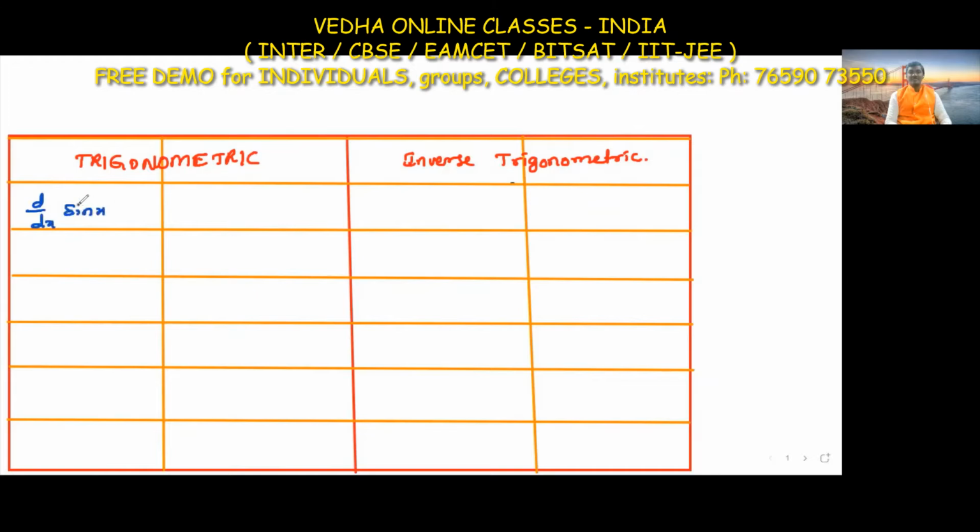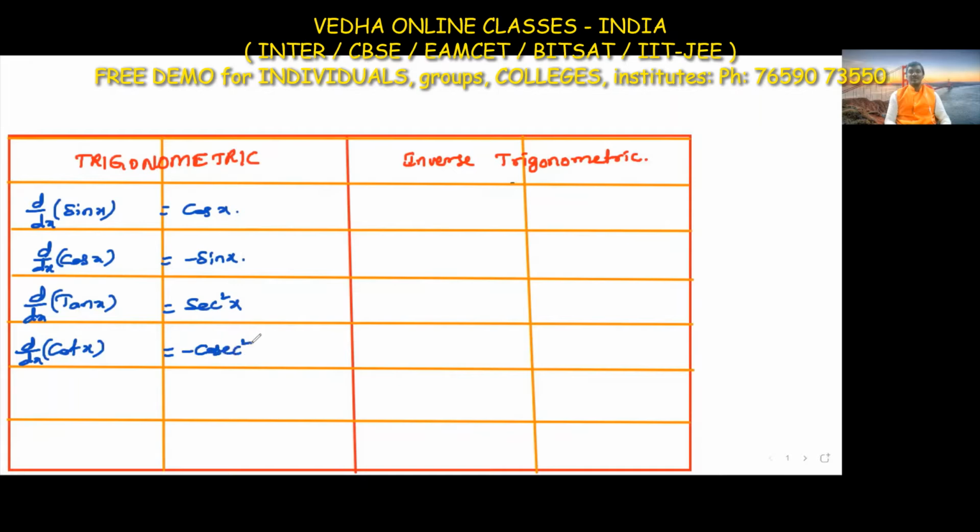sine x is equal to, if we differentiate the sine function, then we get cos x. D by dx of sine x is cos x, and if we differentiate cos x, d by dx of cos x is equal to minus sine x, and d by dx of tan x. If you take the tan formula, d by dx of tan x is secant square x, and d by dx of cot x is equal to minus cosecant square x,